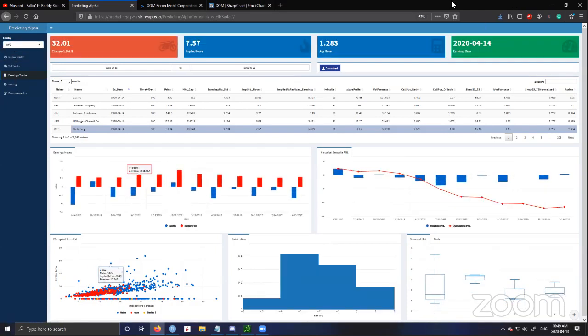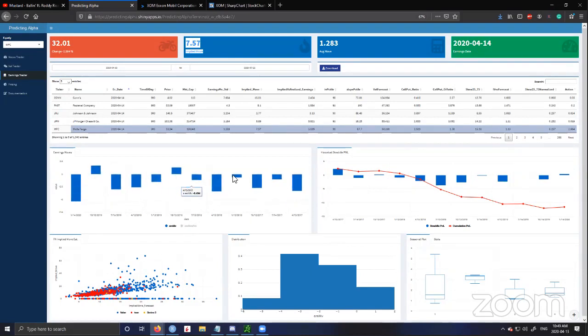So if we look here, the implied move is 7.5, right? That means the market thinks that Wells Fargo on their earnings is going to move up or down 7.5% tomorrow. Now, if we look historically at the historical moves over the earnings periods, it only moves 1.28% on average. We can also see that selling volatility or buying volatility has not done very well.